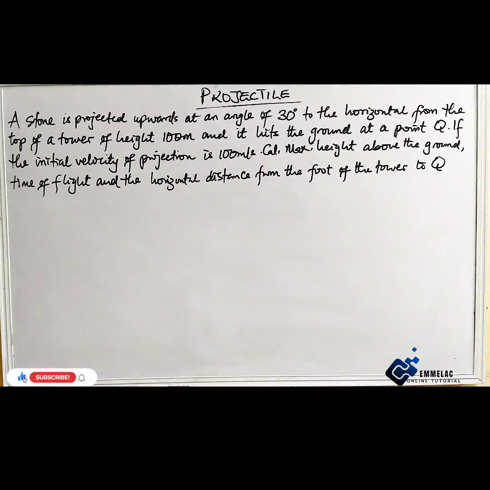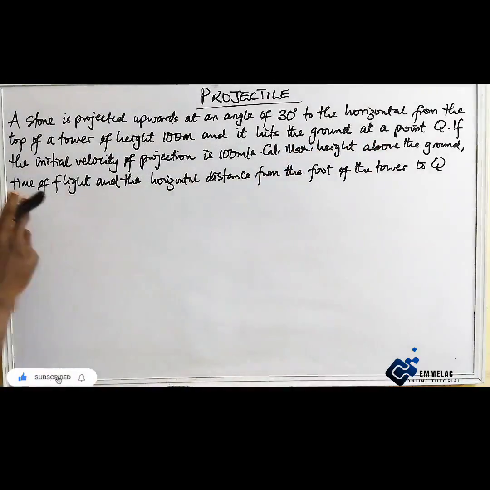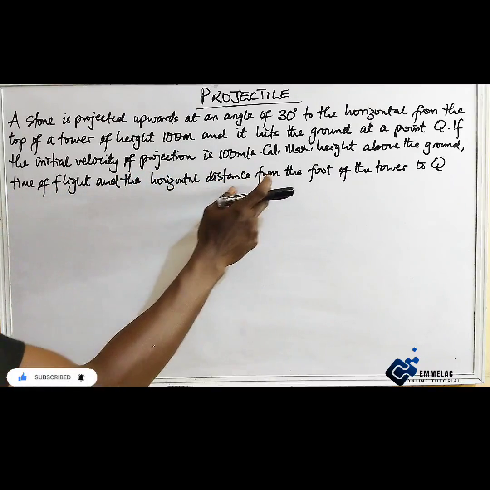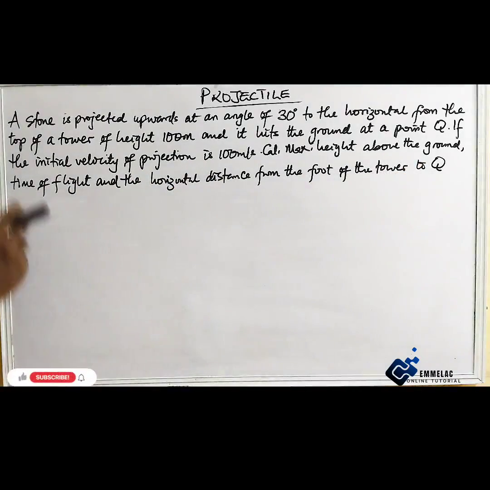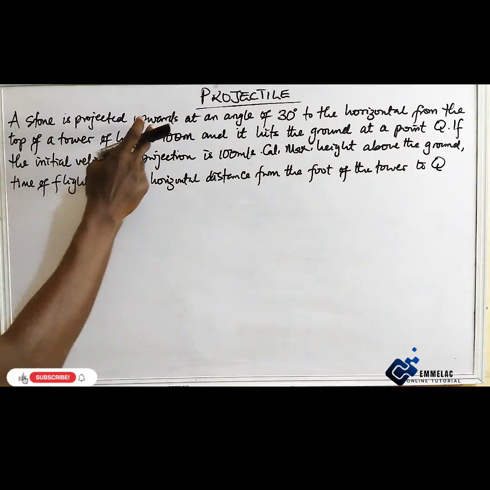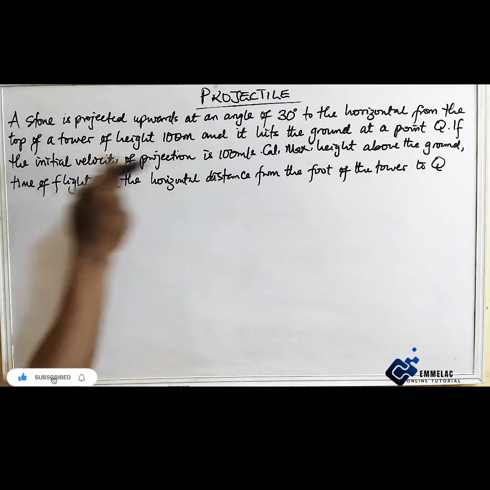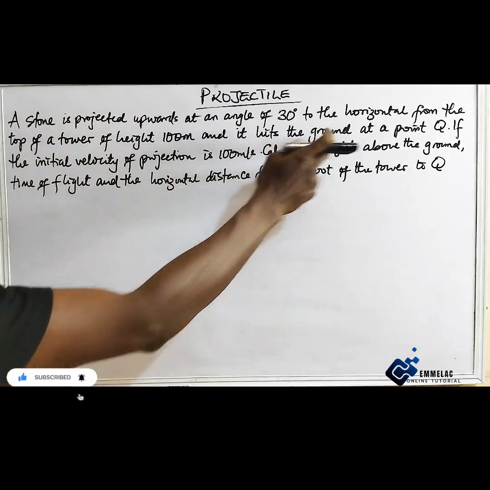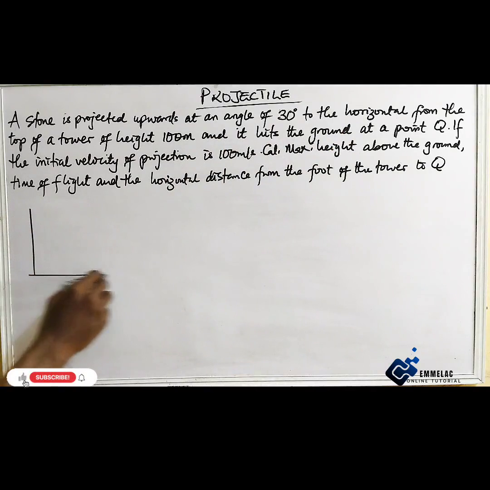In this question, we are told to calculate the maximum height above the ground, the time of flight, and the horizontal distance from the foot of the tower to Q. Now, a stone is projected upwards at an angle of 30 degrees to the horizontal from the top of a tower of height 100 meters and it hits the ground at a point Q. A pictorial representation of this: